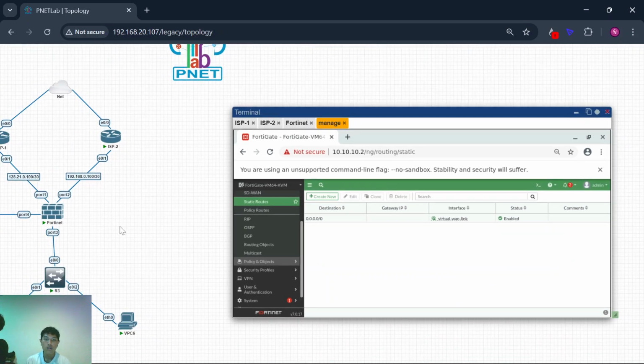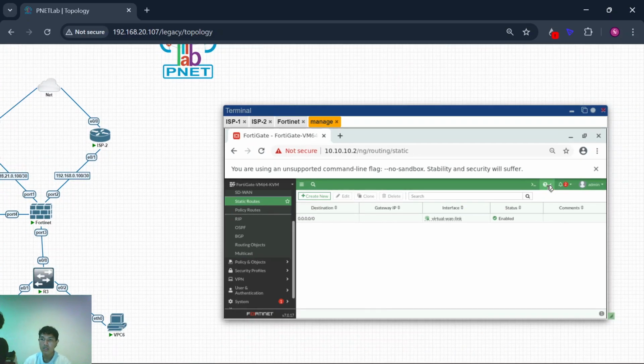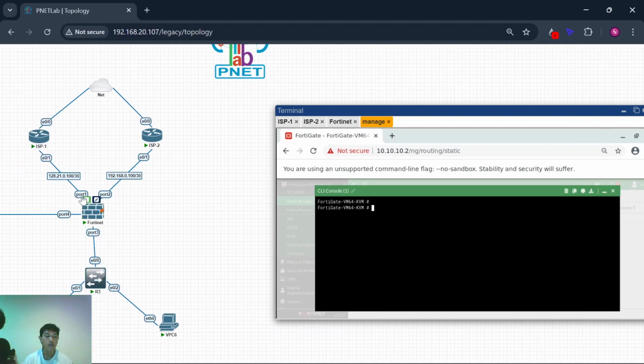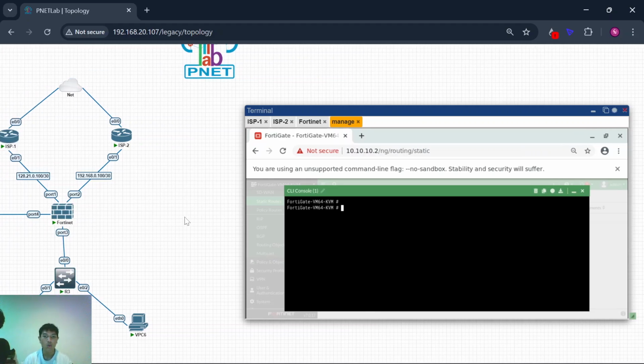And now you must check whether this device can ping the internet or not. So you can execute ping, and you can see the FortiGate device cannot ping the internet.